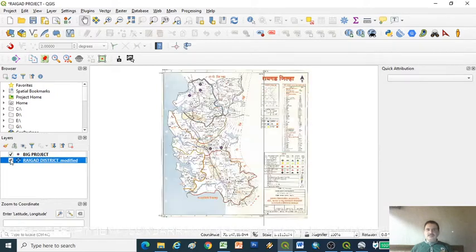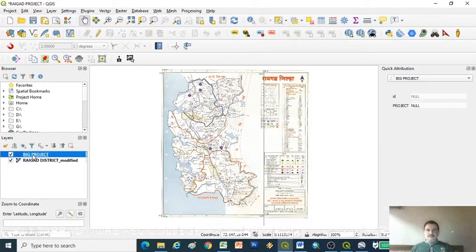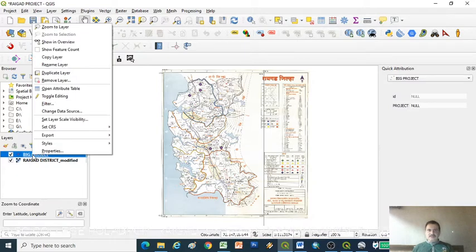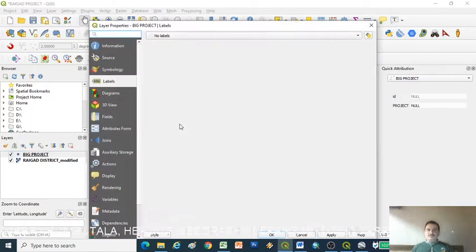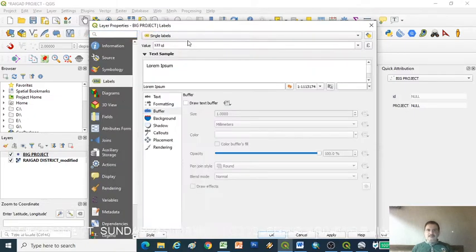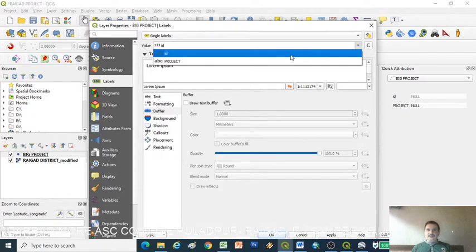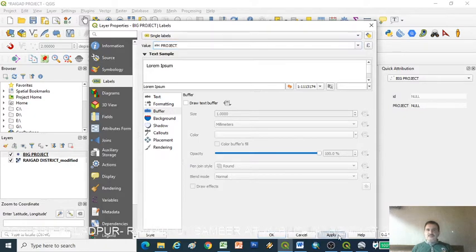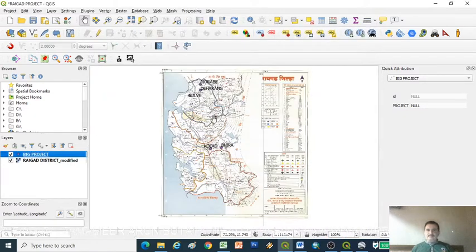I click on the Raigad project, go to the properties, label, single label, then apply and OK. So this is my point layer with the names.